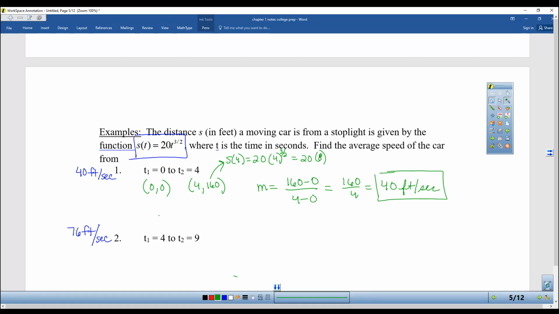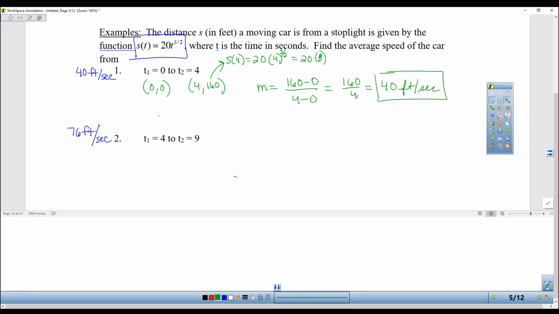Maybe now if you didn't pause the video for the first one, you can pause it for the second one. S of 4, we already know, is 160. You get to reuse it. So my first point is going to be 4, 160, and then 9. So how do I find this? S of 9 is 20